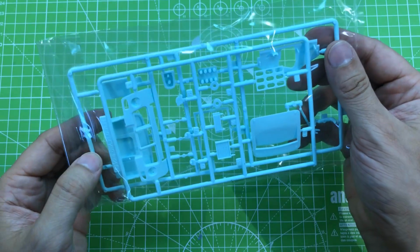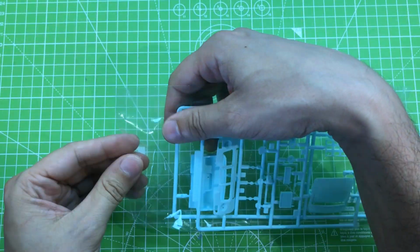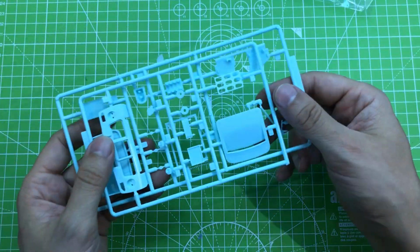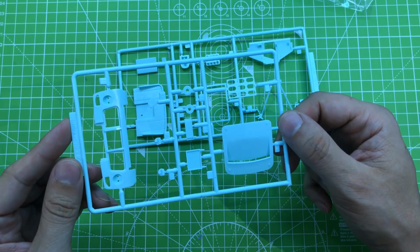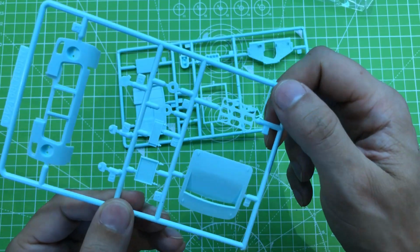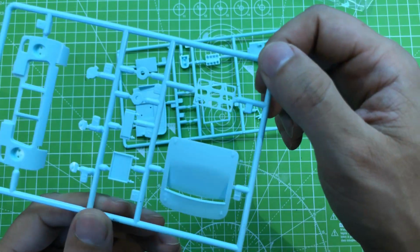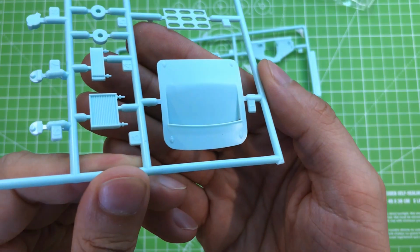So we have one sprue in this body color blue. I think they printed this kind of color, so if someone just wants to put the decals on and get it done quickly, they can go that route. I don't know. So we have another version of the front hood,